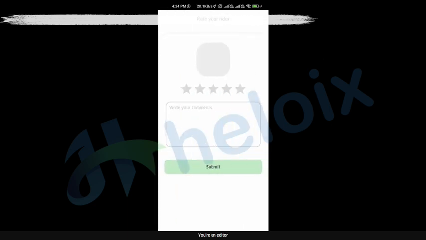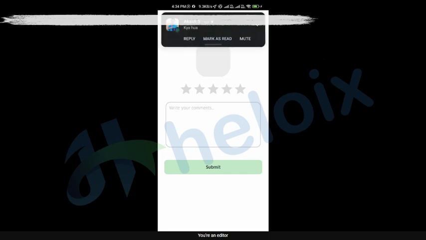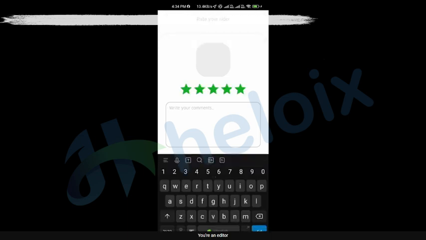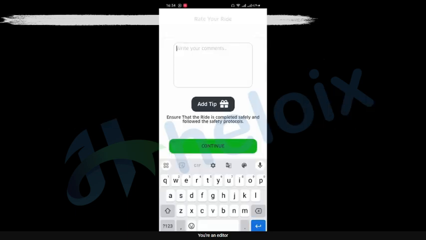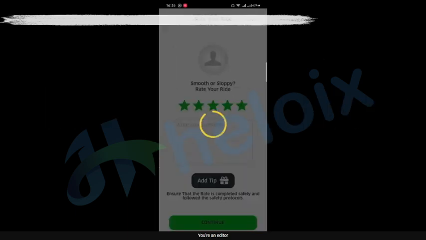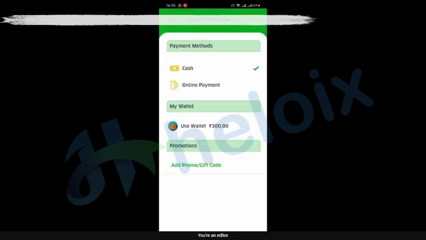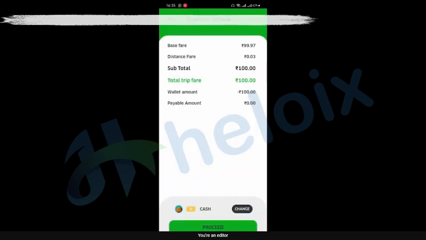Here you can give a rating to the rider or you can give a rating to your driver. Now I rate the rider, or this is the rating for the driver. You can pay by cash or by wallet. See, we completed.